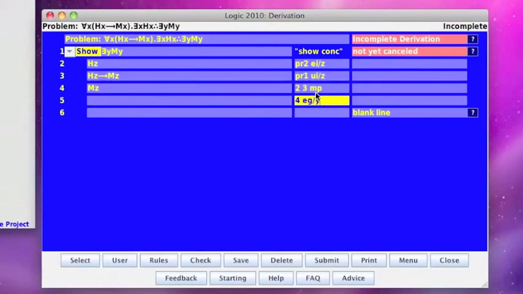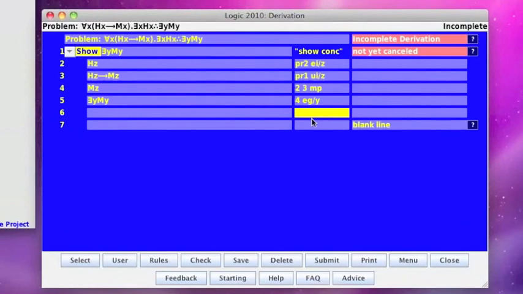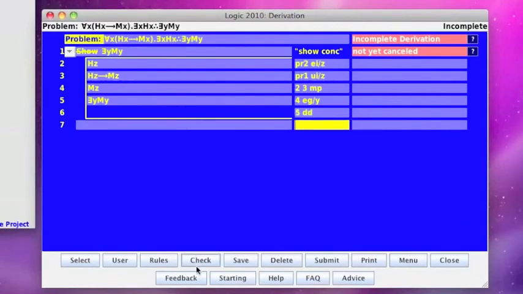go to y, but now notice it will ask me which of the occurrences do I want to be replaced, since I can replace any from none to all. So I'll put Alt1 for Mac users, that's option 1, and now that's 5 DD. And now when I check it, it should be